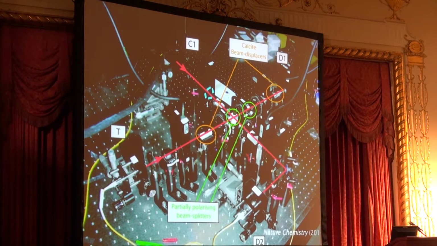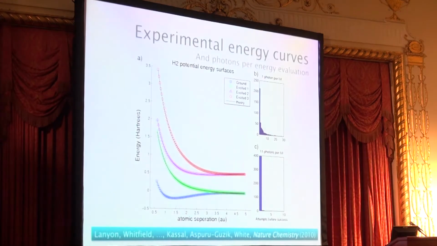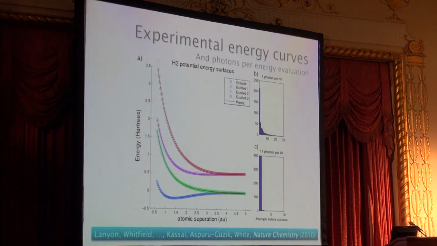So just to remind you how it looks, Andrew will tell you much more about it, but this is a macroscopic device that he used to simulate the hydrogen molecule. Turns out for doing hydrogen, you can do many tricks that you cannot do so far. We're working out how to use them now to actually produce. These are real numbers from his optical quantum simulator, quantum computer. Okay, there are no errors there because it's digital.